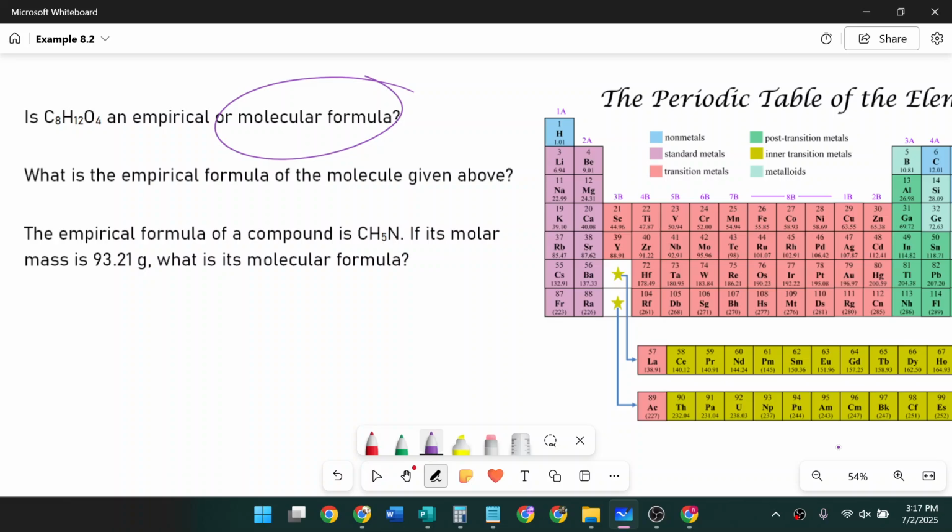The next one asks, what is the empirical formula of that one? So, the second question kind of gives it away. The first question, that is. But if you notice, all three of these numbers are divisible by 4. So if we just divide them by 4, just like you would when you're simplifying fractions,